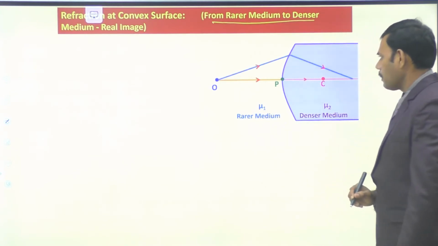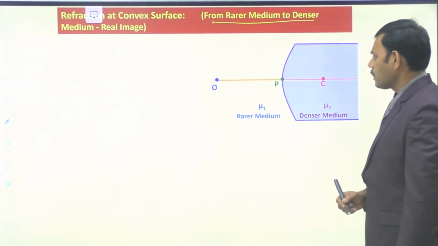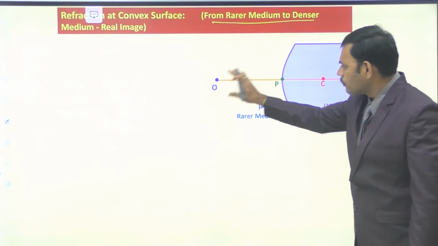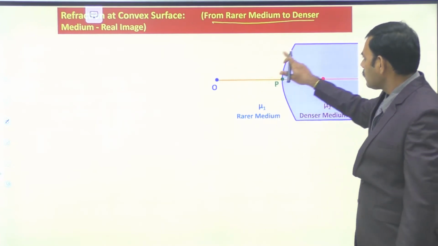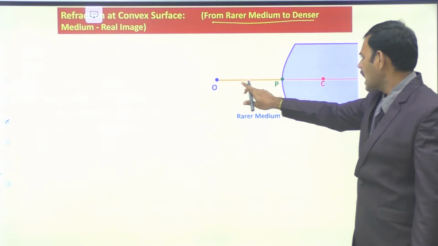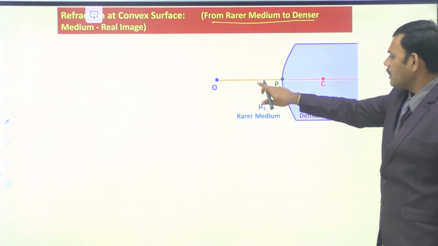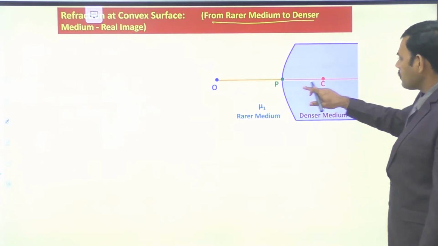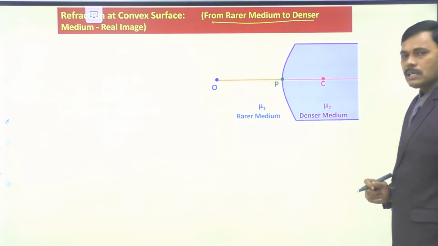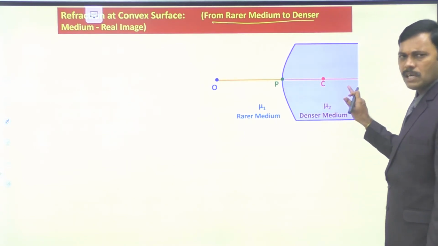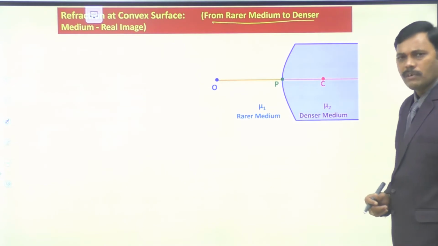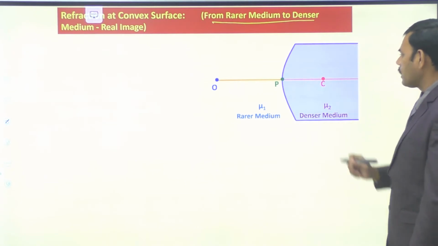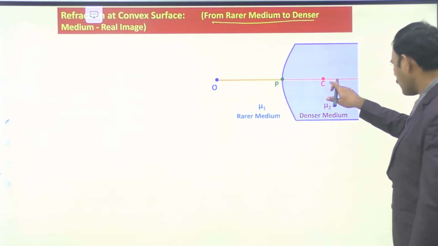Now this is the incident ray. Here consider once again this particular animation. We are considering two light rays emerging out from O. One light ray is incident at some height, another light ray is passing along the principal axis. That is, the second light ray is allowed to pass through the center of curvature, that means along the normal line. So the angle of incidence for the light ray passing through center of curvature is 0, the angle of refraction is also 0. So the light ray that passes through the center of curvature, that is along the principal axis, having 0 angle of incidence as well as 0 angle of refraction, without any deviation, moves forward.